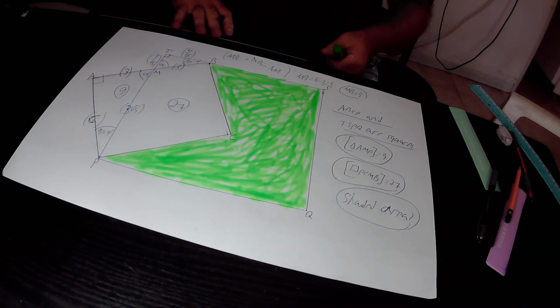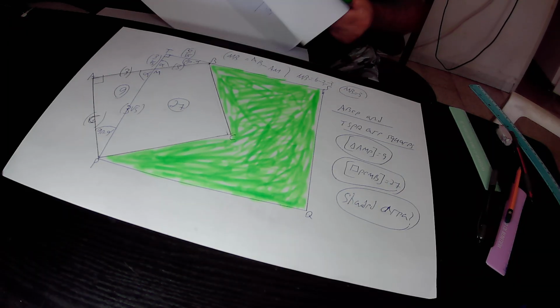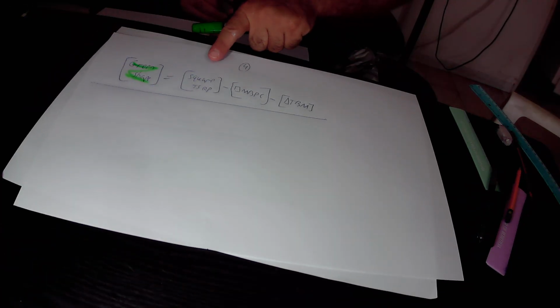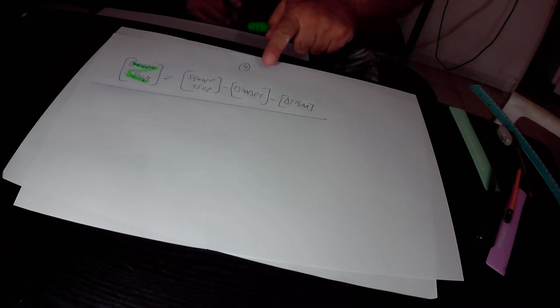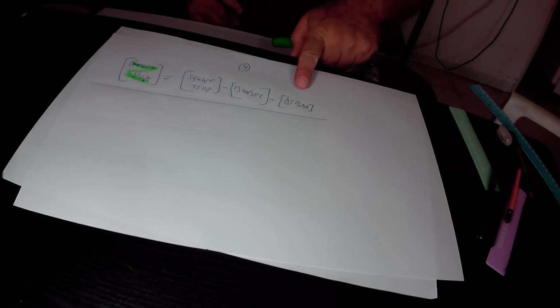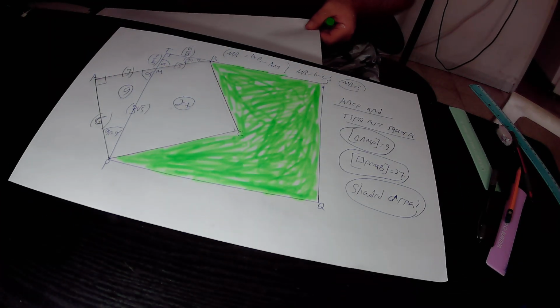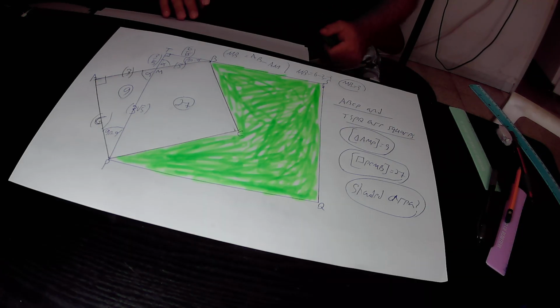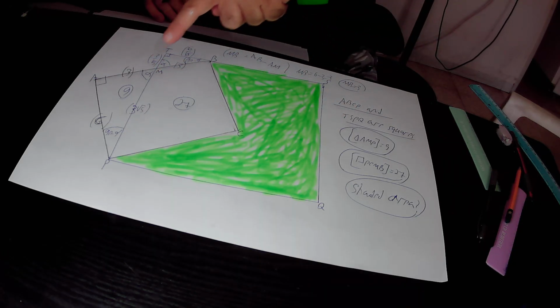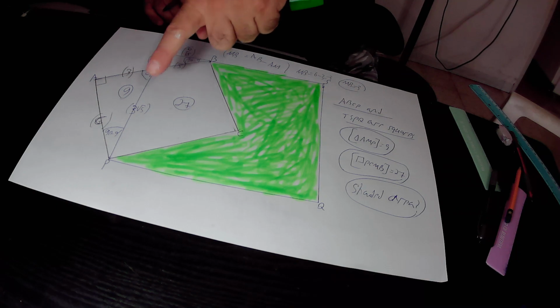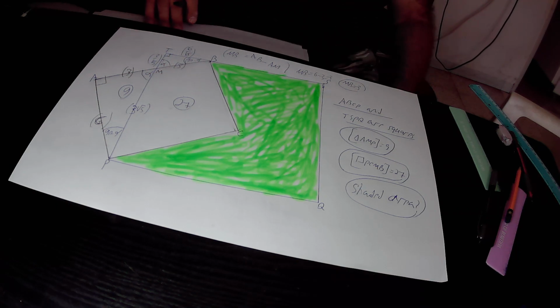Repeat again. The area of this green shape in total equals the area of the big square TSQP minus the area of quadrilateral MBPC minus the area of the small right triangle TBM. The area of any square equals the length of one side squared. So the area of this square TSQP will be equal to the length of TP squared. So it is TP squared